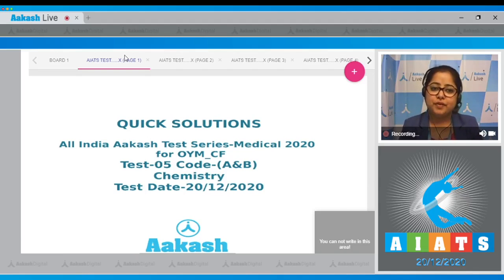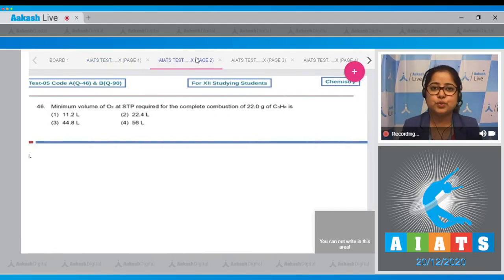This is test number 5, code A and B for chemistry for OIM and carried forward, conducted on 20th of December 2020. So let's start with the first question of chemistry students. Let's read it. The minimum volume of O2 at STP required for the complete combustion of 22 gram of C3H8,